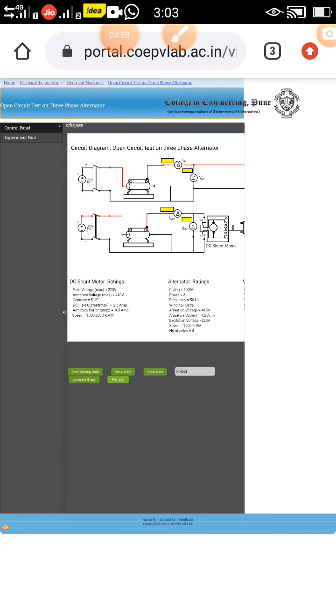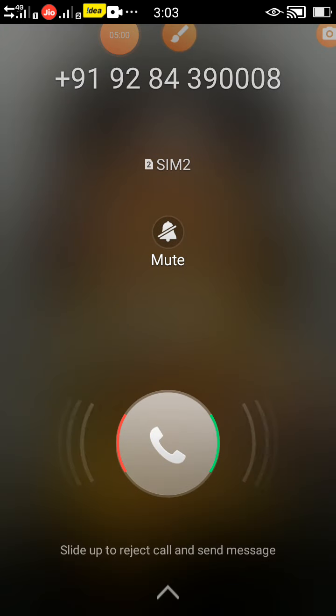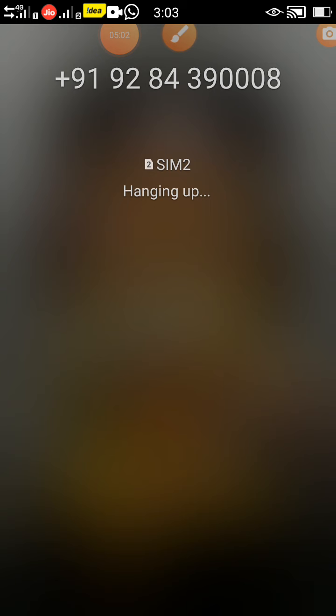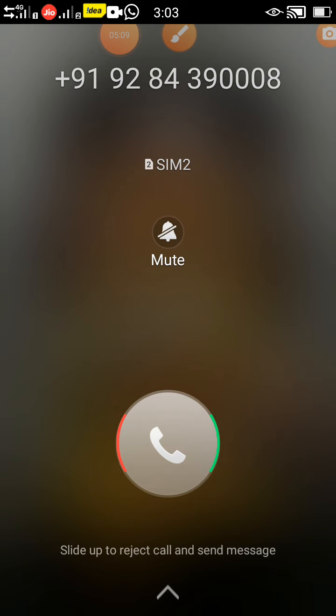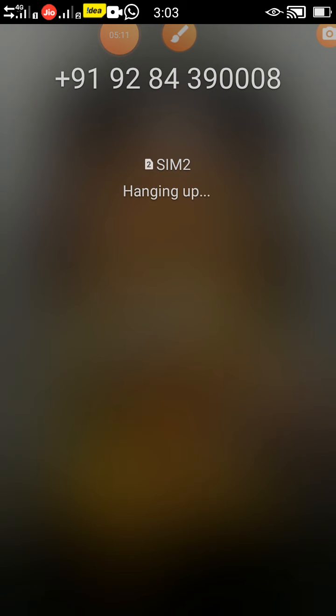So this is the actual circuit diagram for performing the experiment on a virtual lab. So this will be the circuit diagram for performing the experiments on a virtual lab.